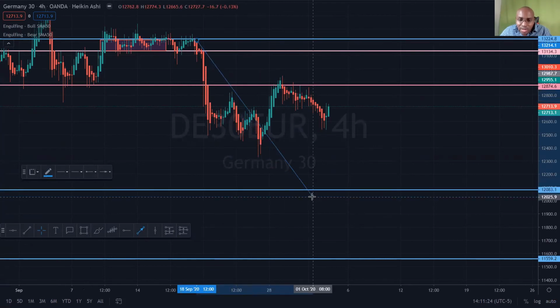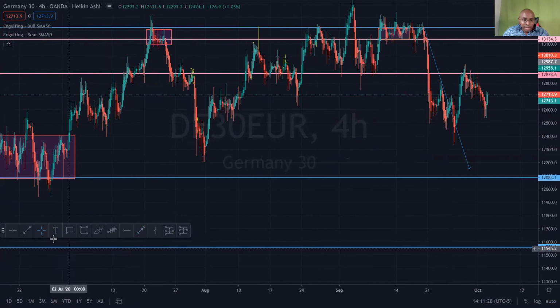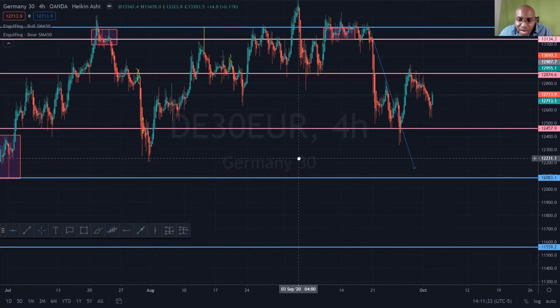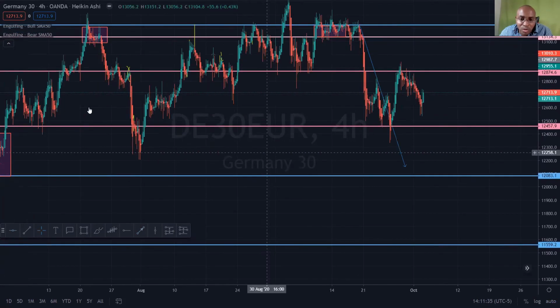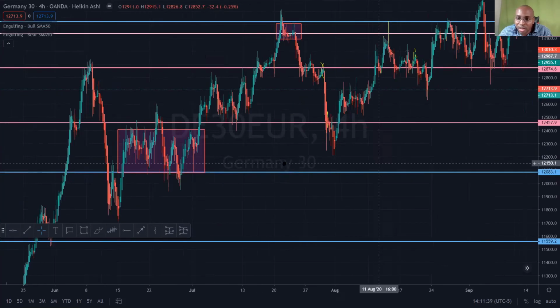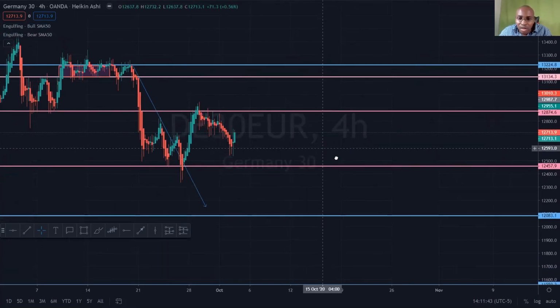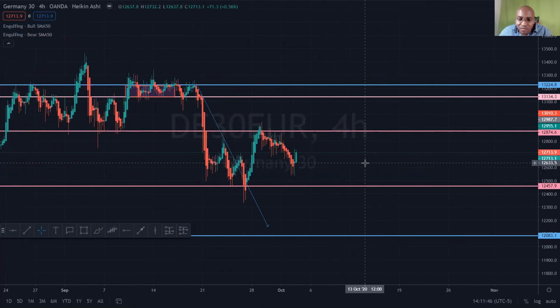It's like one of the same that we saw on the Euro NZD. We're in this downtrend right here. There's a minor resistance right there, right? So price was respecting this minor resistance. See this? It respected it, went up, respected it, came back here, respected it. So I'm thinking that